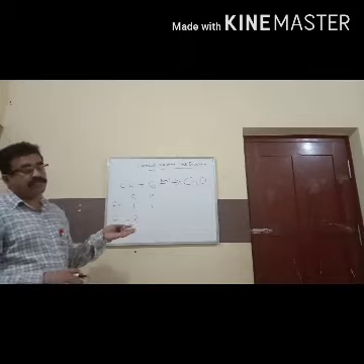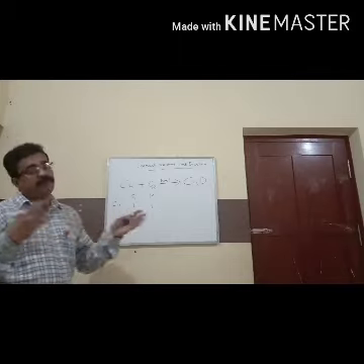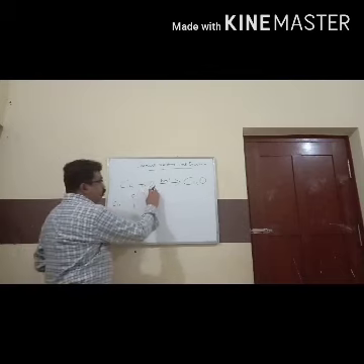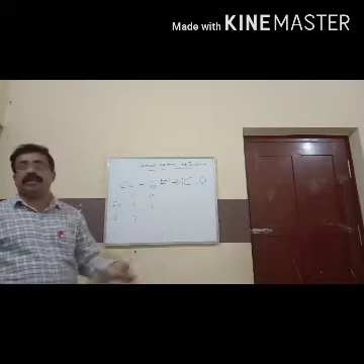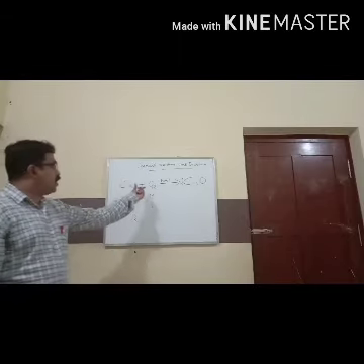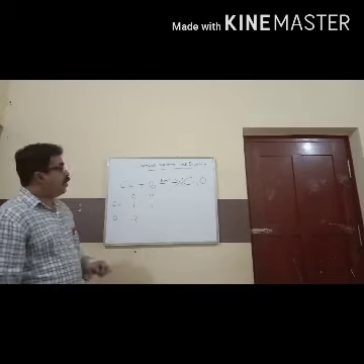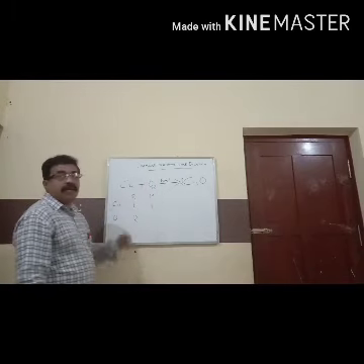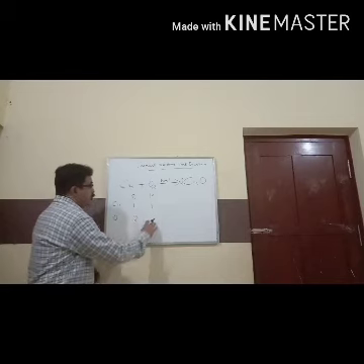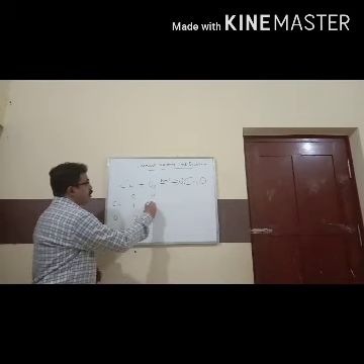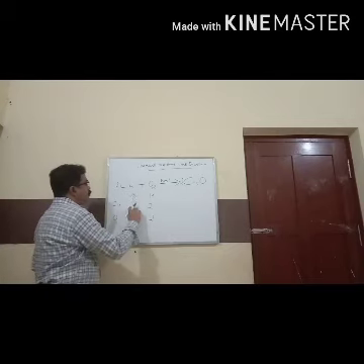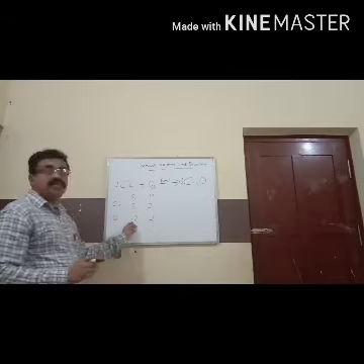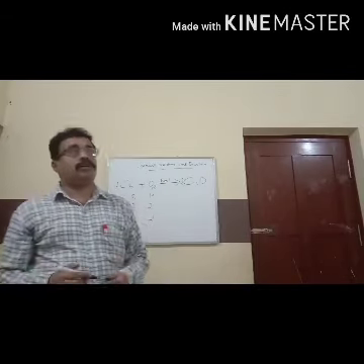Copper is already balanced. If the balance is altered, you have to change it again. So O2 here, it is CuO here. If you put 2 over here, oxygen is now balanced. But copper is now not balanced. Oxygen is balanced, whereas copper is not balanced. So how to balance it? Here, if you put 2 over here, now copper is also balanced, oxygen is also balanced. It obeys the law of conservation of mass.